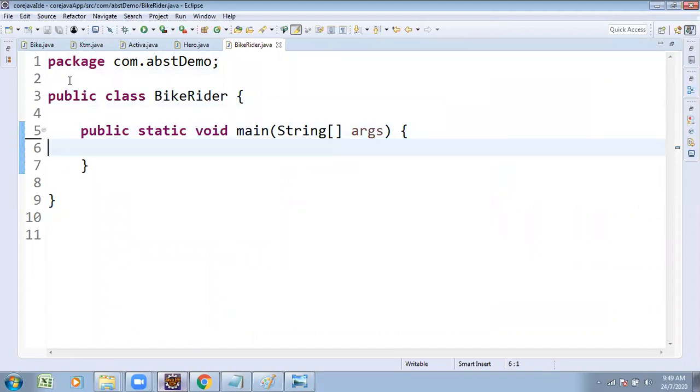We cannot create an object for an abstract class. Previously, for a class you can write Bike c1 = new Bike, but there is no chance to create the object for an abstract class. Provide reference for the subclass. Customer is interested to purchase the KTM.